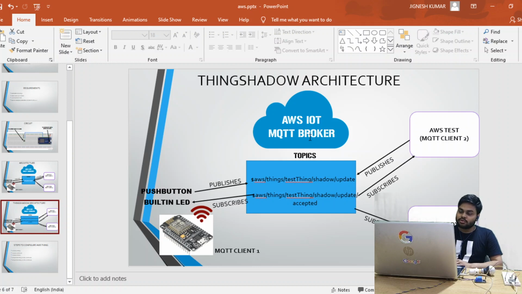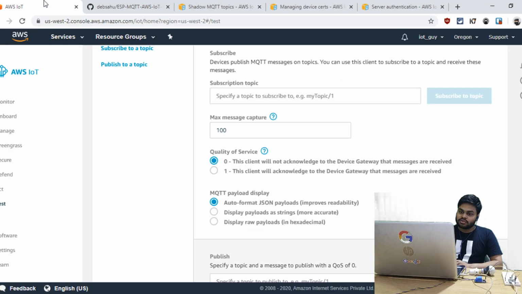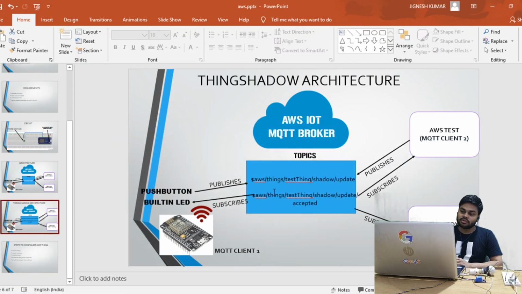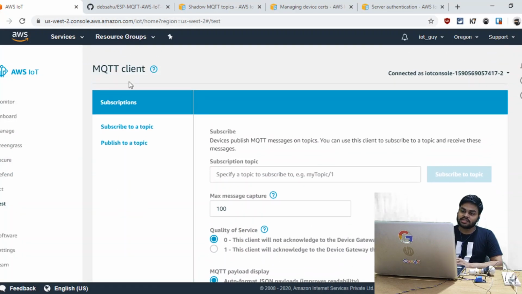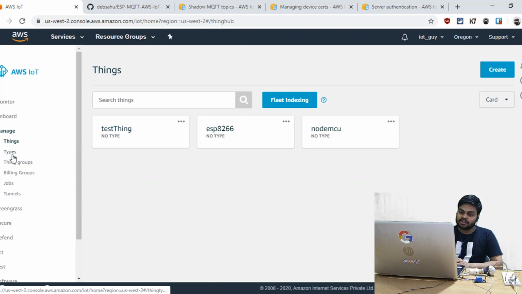So the first thing is AWS IoT MQTT broker. Fine. So the thing is, if you want to use your topics in a broader manner, like if you want to update all these things from RESTful API, HTTP RESTful API service, you can use ThingShadows. So ThingShadow is nothing but it can store state. Basically it can store the state, and it will be very helpful in developing many projects and many industrial projects. Basically you can develop projects like, let me explain from things groups.